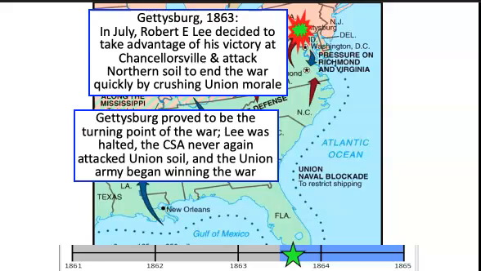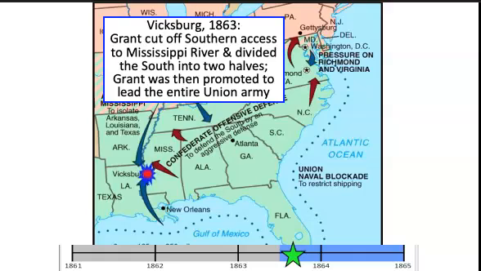On the same day as the last day of the Battle of Gettysburg, the end of Vicksburg also happens. Now, Vicksburg is another important battle. All right. Vicksburg had been the last holdout of the Confederates along the Mississippi. Union soldiers had been working both from the south northward and from the north southward, led by General Ulysses S. Grant. And the last holdout on the Mississippi was the city of Vicksburg. By being able to capture Vicksburg, which falls on July the 3rd, the Union Army is able to cut the Mississippi River,